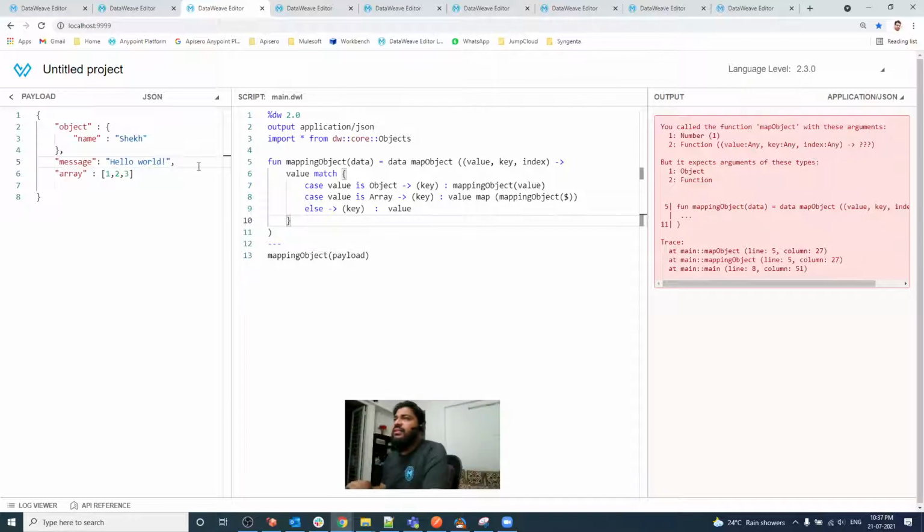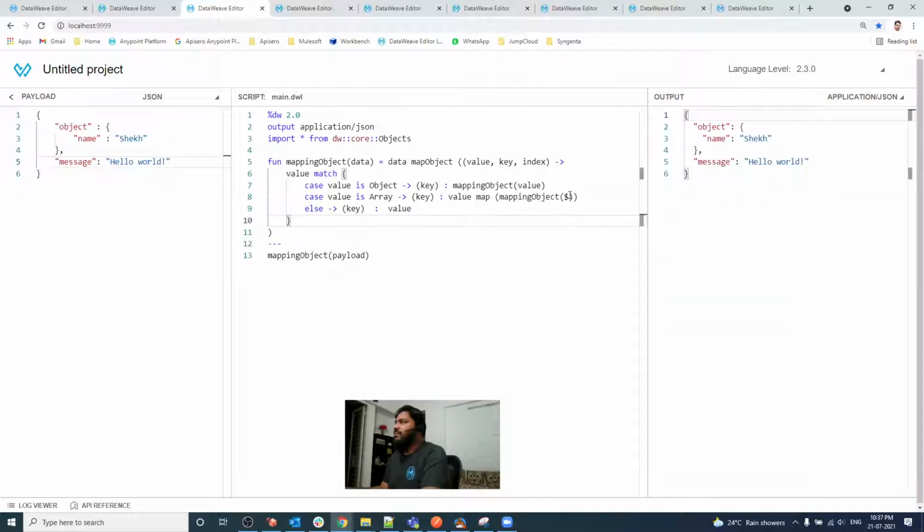Let me check what error it is. You called function map object on this argument. Let me check why it is failing. Okay, I will explain later.